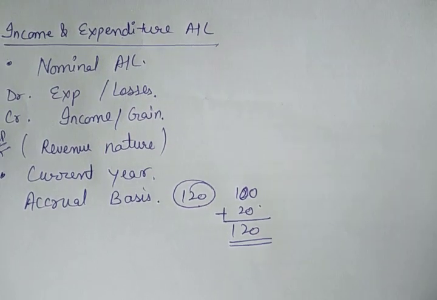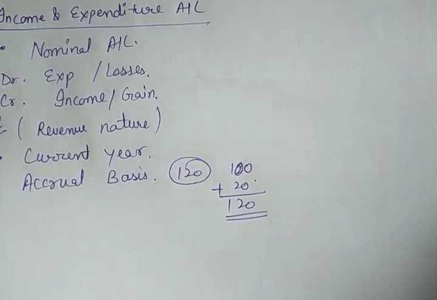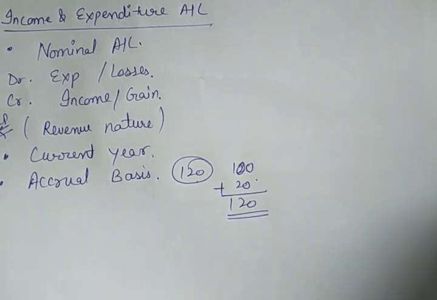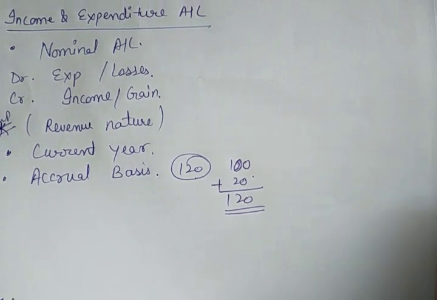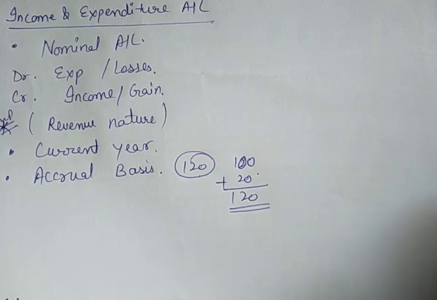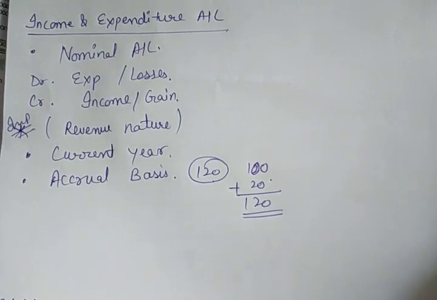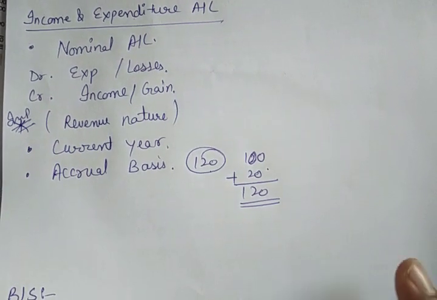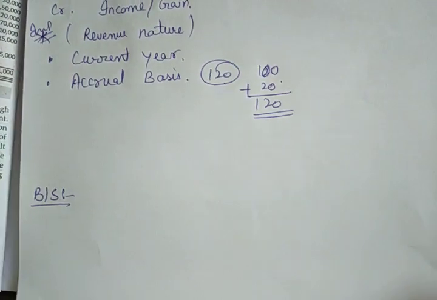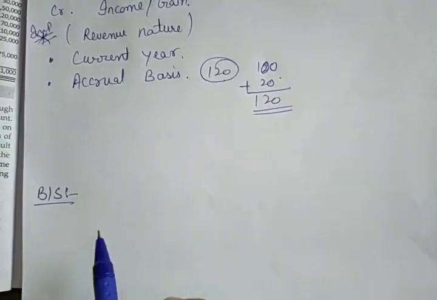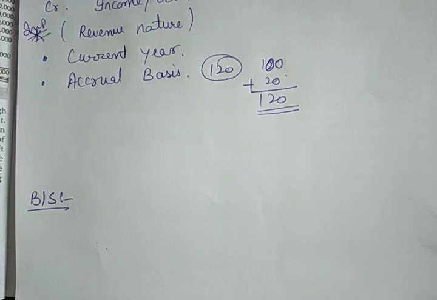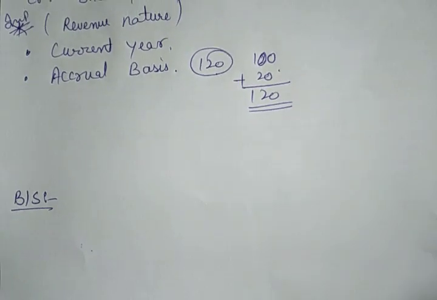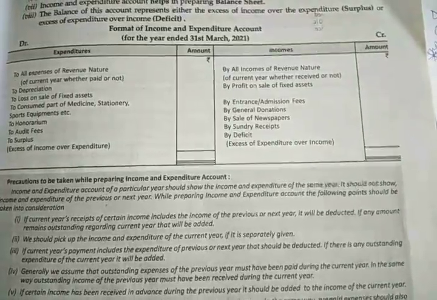Alright. And it does not consist of any opening or closing balance of cash. It is prepared directly from the balance of the receipt and payment account. And the next thing, this will help us to make the balance sheet. The surplus or deficit, whatever it is, will be shown in the balance sheet. Let's have a look at the format of the income and expenditure account. Here it is, the format of the income and expenditure account.